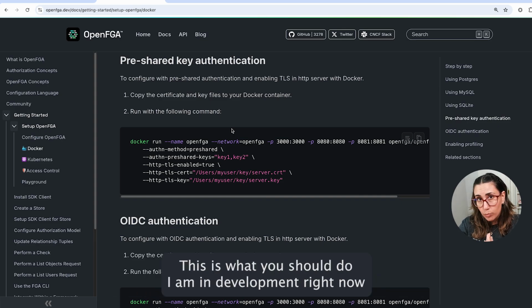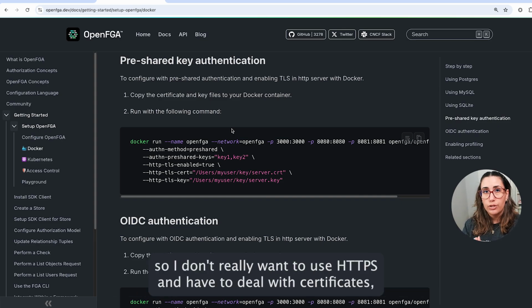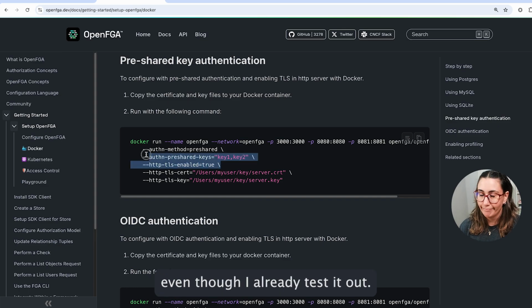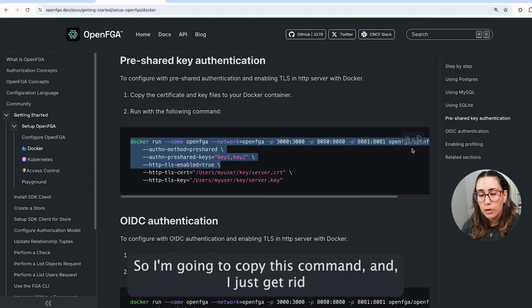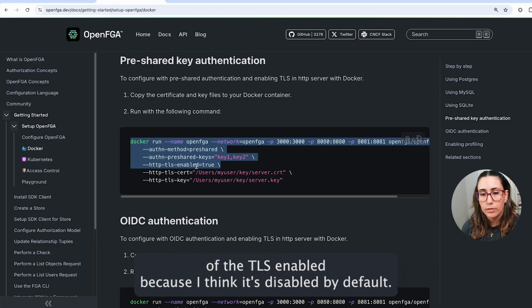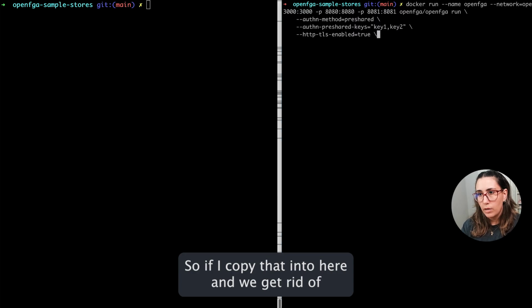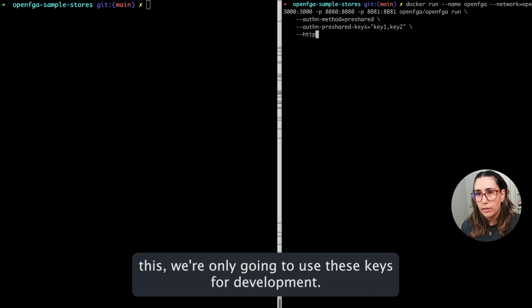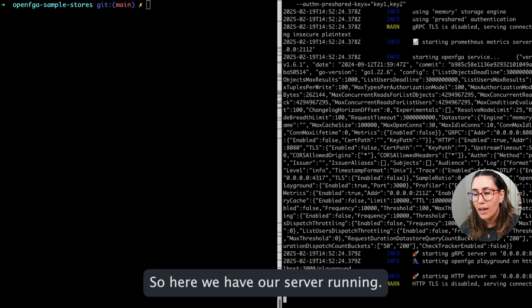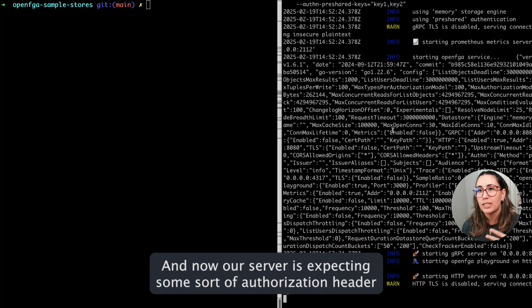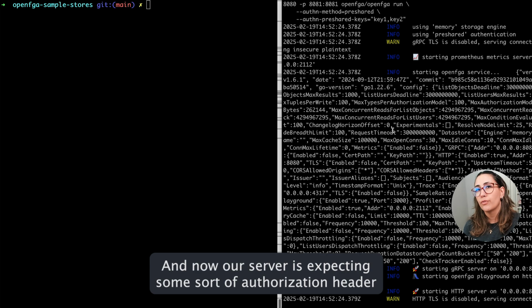I am in development right now, so I don't really want to use HTTPS and have to deal with certificates, even though I already tested it out. Okay, so I'm going to copy this command and I might just get rid of the TLS enable because I think it's disabled by default. So if I copy that into here and we get rid of this, we're only going to use these keys for development. Okay, so here we have our server running and now our server is expecting some sort of authorization